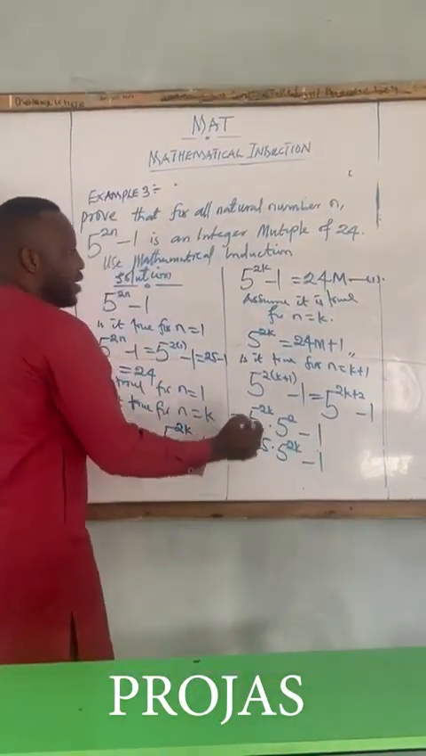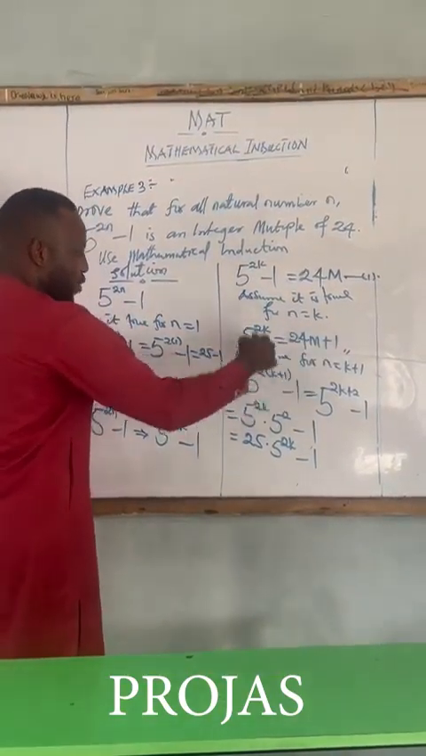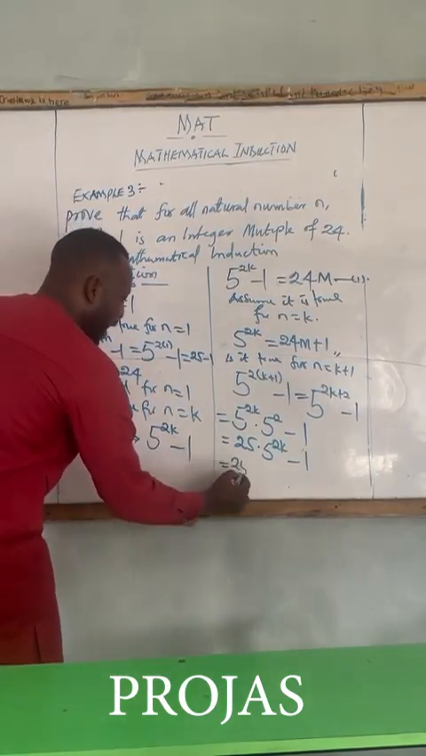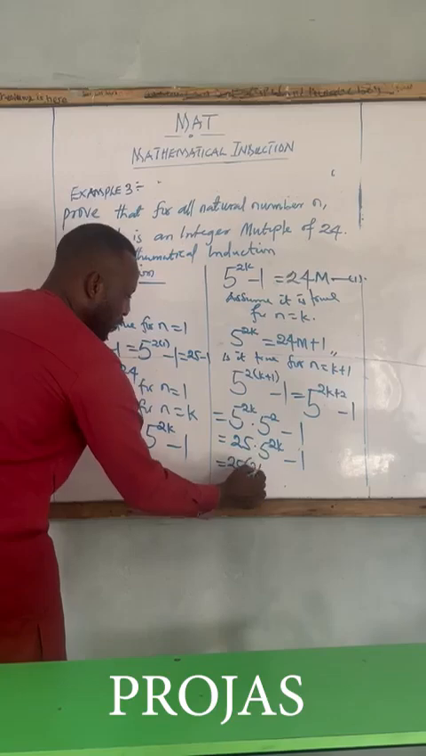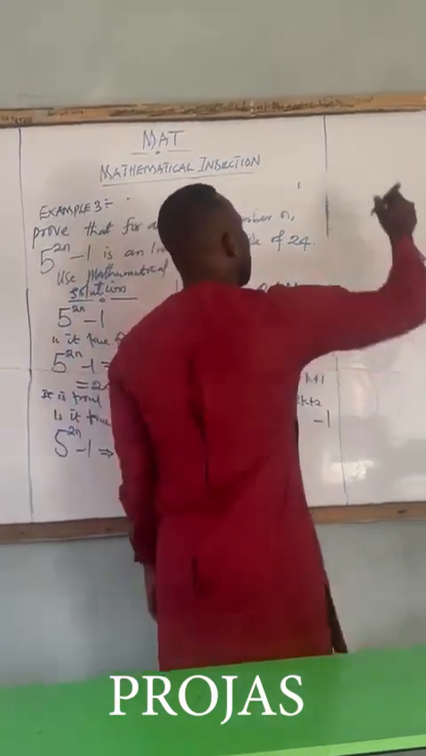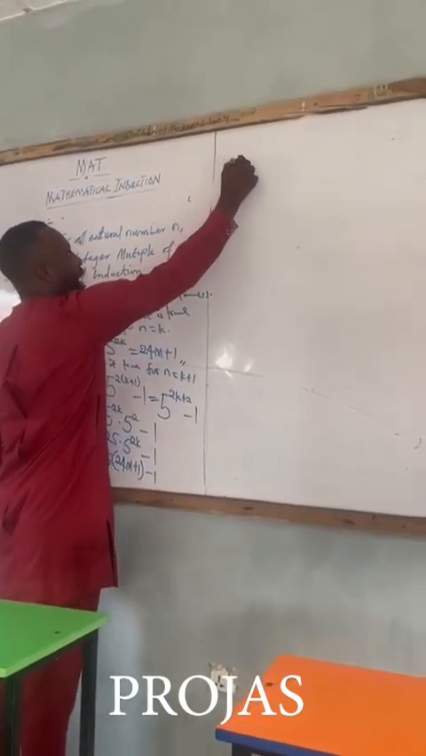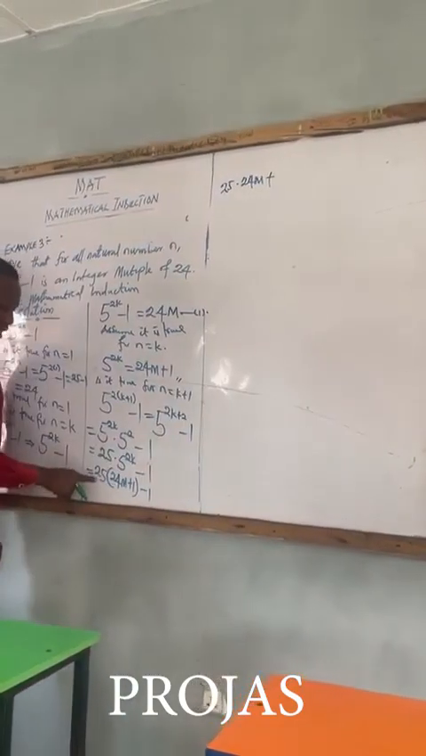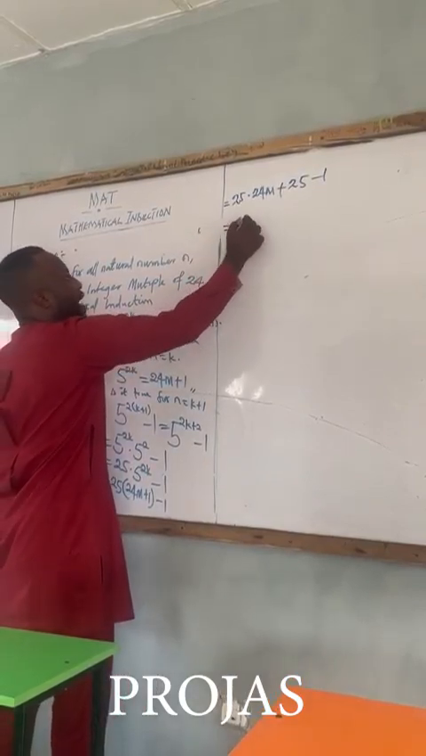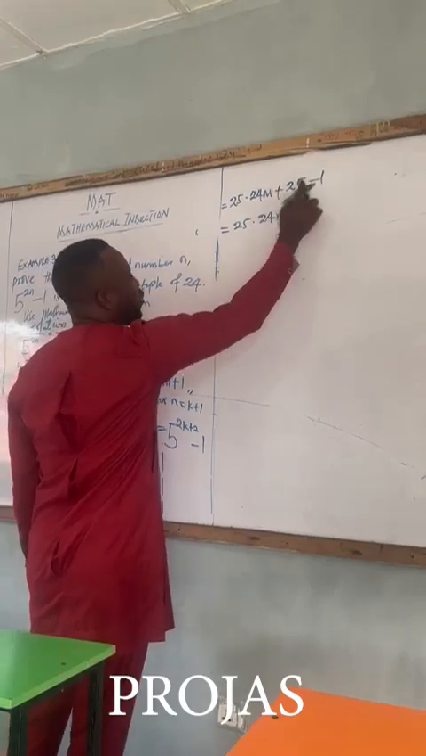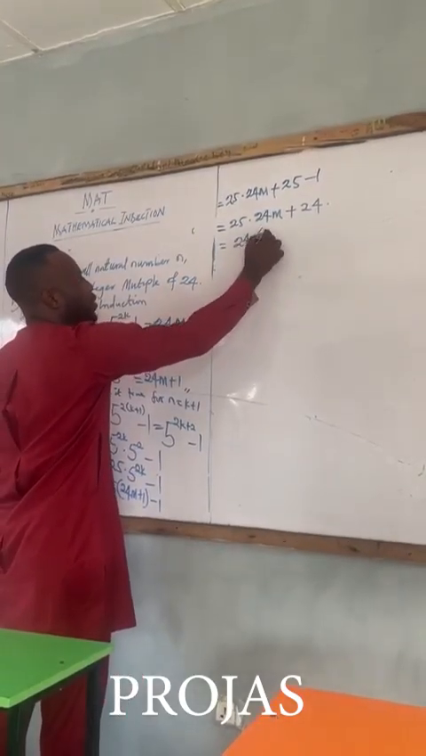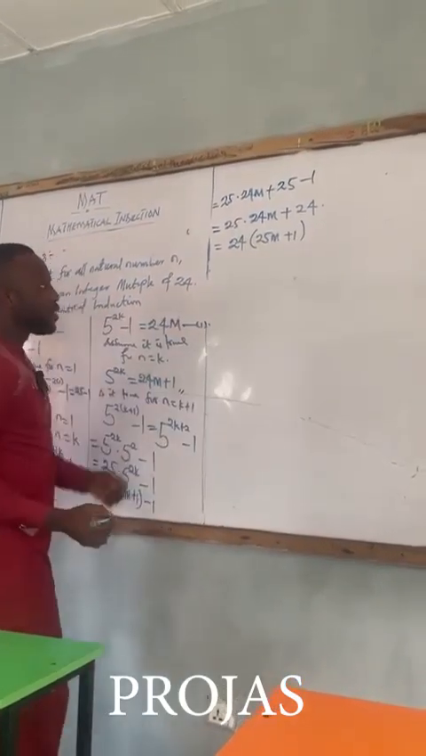However, our 5 raised to power 2k is equal to 24m plus 1. So whenever we see 5 raised to power 2k, we replace it with 24m plus 1. So here will now be 25 into 24m plus 1 minus 1. By the time we expand the 25, we are going to have 25 times 24m plus 25 multiplied by 1. That will be 25 minus 1. And finally, that will be 25 times 24m plus, 25 minus 1 is 24. So 24 is common. You say here will now be 24 into 25m plus 1, which is a multiple